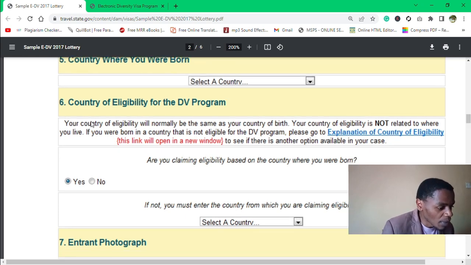And then after that, we come to the country of eligibility. The country of eligibility is the country that gives you eligibility for application of diversity visa. And remember, there are countries every year that do not qualify for the diversity visa lottery program. So if your country where you are born is not eligible for the diversity visa application, then you can choose